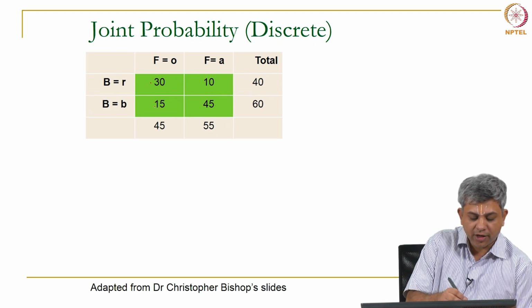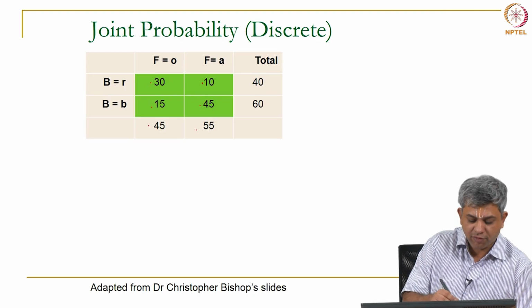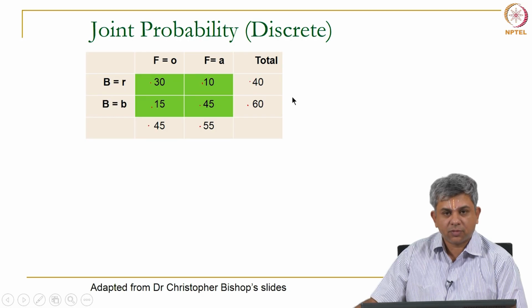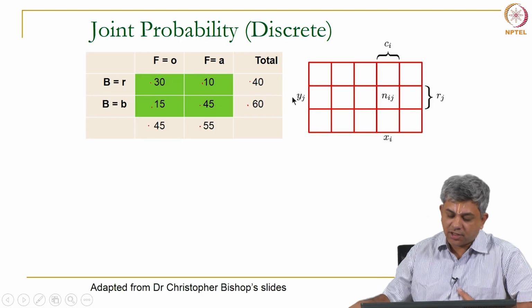So, you can do 0.3, 0.15 etc. Okay, if you want the probabilities to work out nicely in this case. Now, we can generalize this